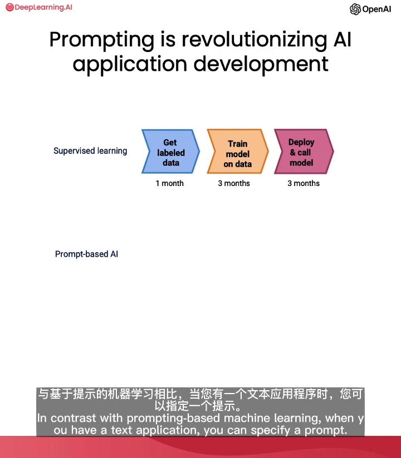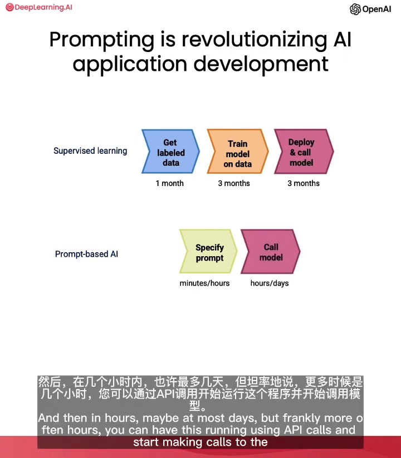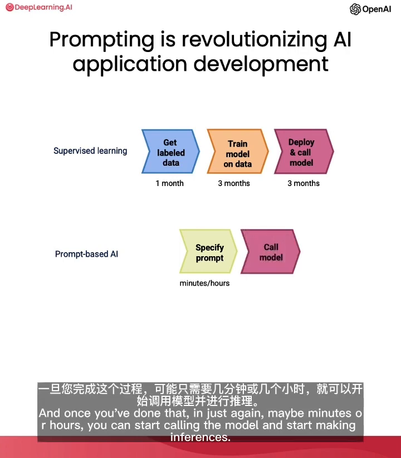In contrast, with prompting-based machine learning, when you have a text application, you can specify a prompt. This can take minutes, maybe hours, if you need to iterate a few times to get an effective prompt. And then in hours, maybe at most days, but frankly more often hours, you can have this running using API calls and start making calls to the model. And once you've done that, in just, again, maybe minutes or hours, you can start calling the model